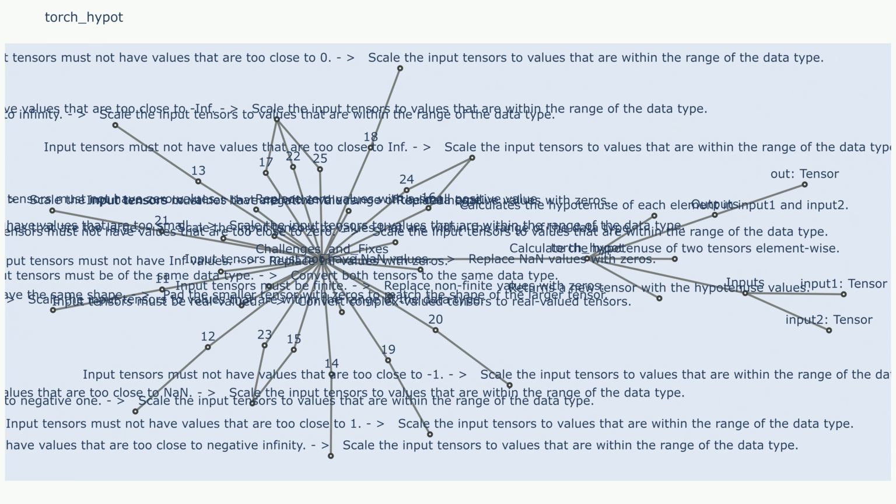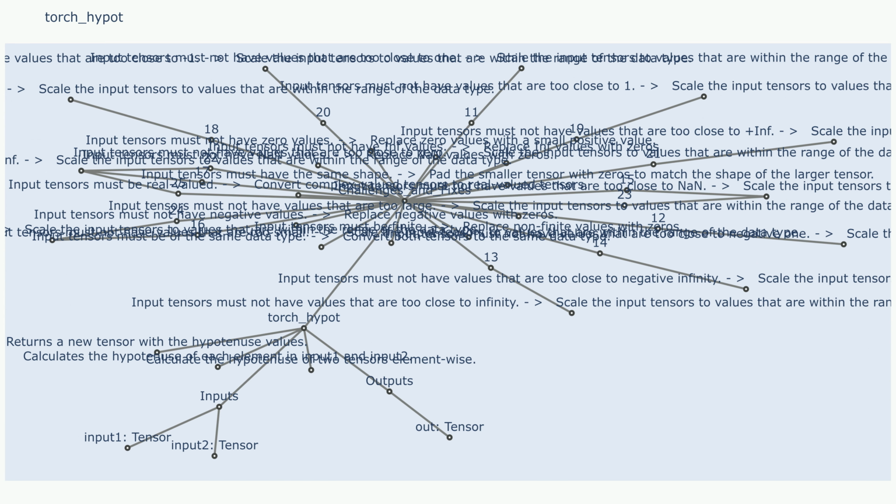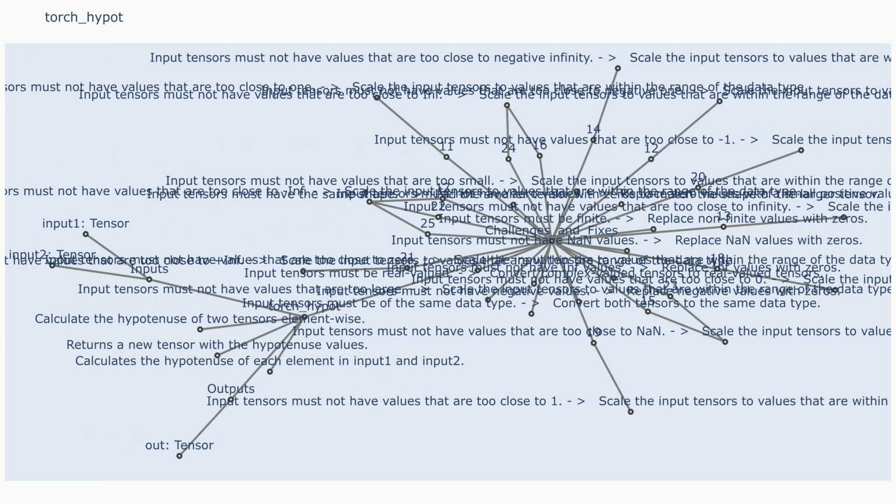Challenges and fixes. Challenge 1: NaN (not a number) output. Sample use case that resulted in challenge 1: input tensors containing NaN values. Fixes to challenge 1: replace NaN values in input tensors with zeros using torch.nan_to_num before applying the torch.hypot